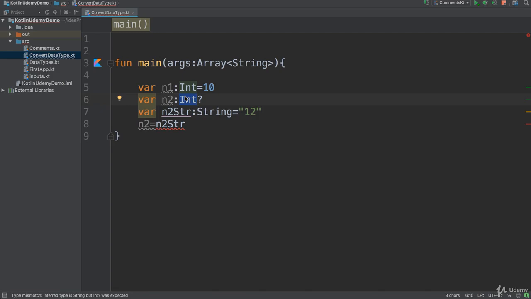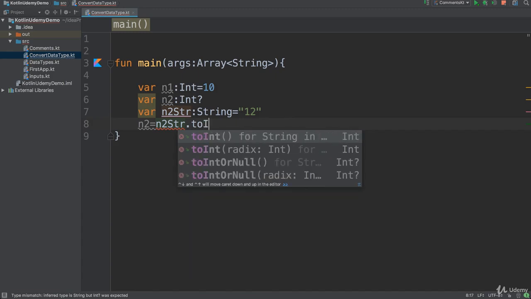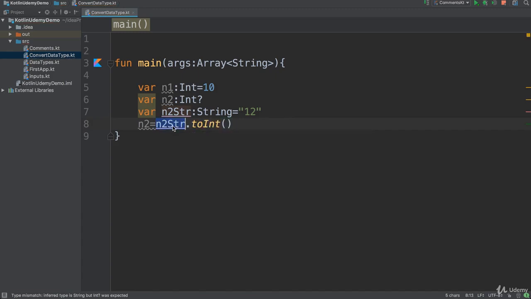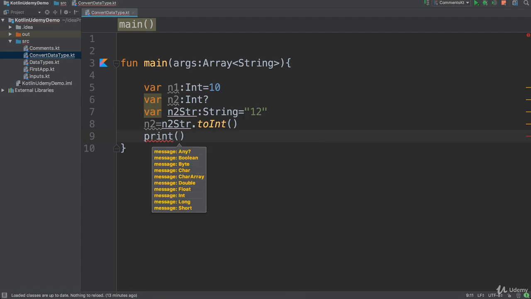But wait, could I add it now? Yes, I could. If this is a string variable and I want to convert it, I just say dot to, then I select integer. That means, hey, take this variable which is a string, convert it to an integer and add it here. Now if you just print, that's totally fine. It will work. I could print n2 in this way, n1